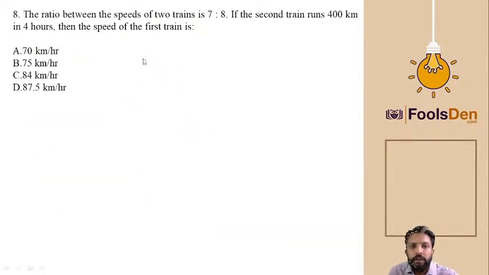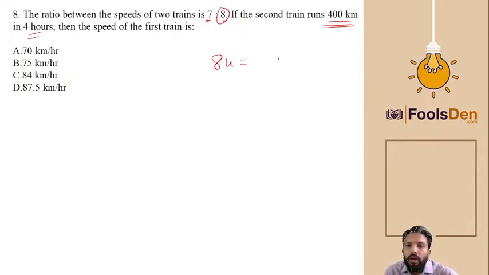Now let us put the next question, that is 8th question. The ratio between the speed of two trains, 7 and 8. If the second train runs 400 kilometers 4 hours, then you need to tell the speed of first train. It is quite simple. If the second train, so we are talking about this second train, the value of 8 unit is equal to,